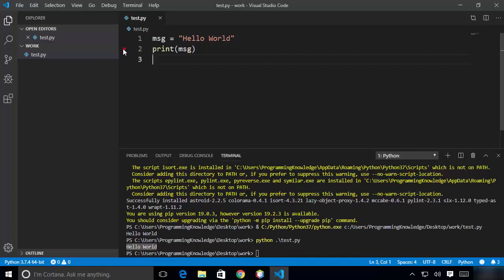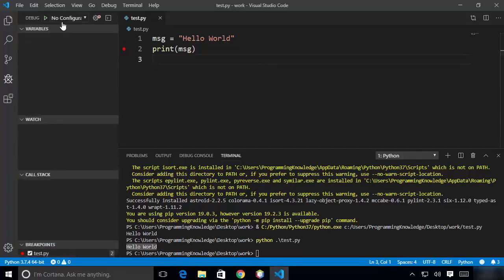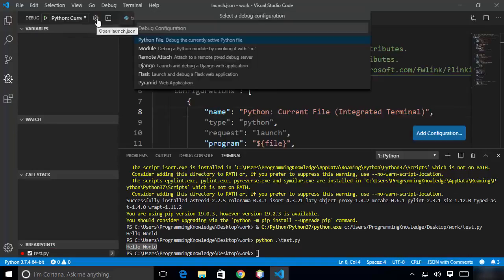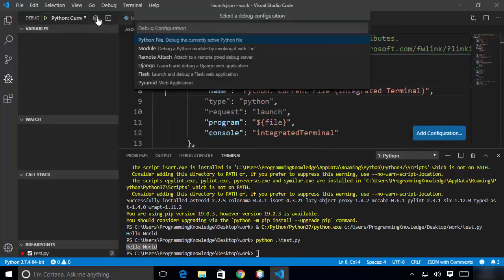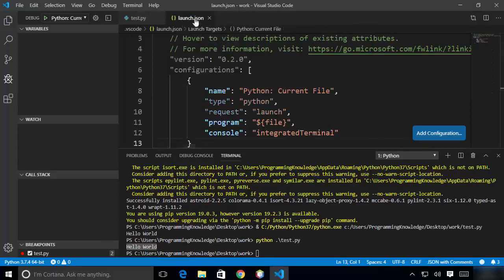So just click on the left bar here, and then you can see the red dot. That means we have set the breakpoint, and then you can just go to the debug options, and right now there is no configuration here. So when you click on this spanner option, you can see this round icon here. You will be able to see the first option here. It says Python file. So you can just click on this Python file, which is going to create this launch.json